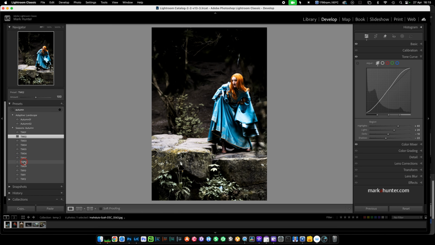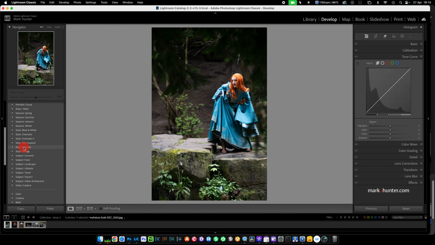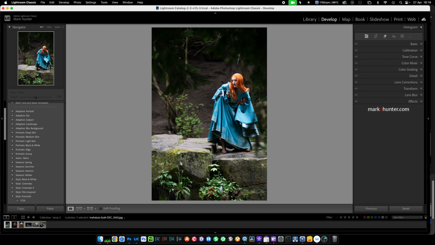So if I see a look over here that I like, let's click reset, and I'm going to completely click a random, futuristic, actually that might come in handy a little bit later on, futuristic 6. If I like that look and wanted to know how it was done, I can see that it's actually altered something in basic, tone curve, color mixer and detail, and I could go and have a look. So this is a way you can find a look that you like and then learn how it's done and then compare and contrast, and that way you're self-teaching how to do things in Lightroom. I did realize, however, when I clicked on reset, I also inadvertently brought that bottle back, but we shall leave